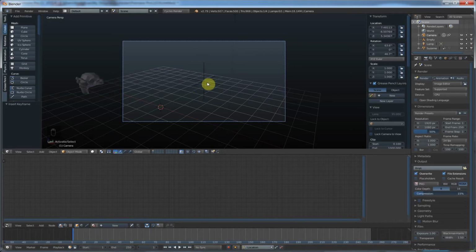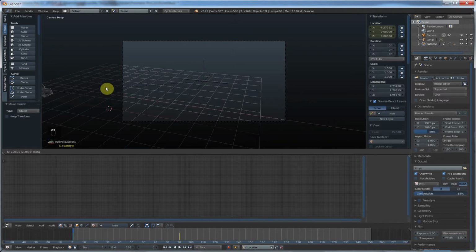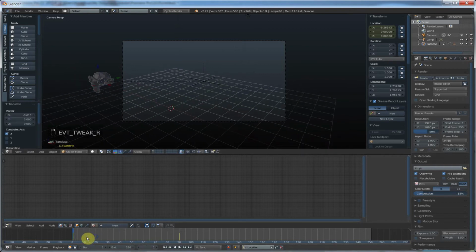Now I could go and track Suzanne, just like I did with this thing, or I can use this to kind of follow Suzanne a little bit, but still have control over this. So watch what I'm going to do. I'm going to parent this to Suzanne. So I'm going to select the child, Shift select the parent, hit Control P, parent object. Okay, so now Suzanne moves